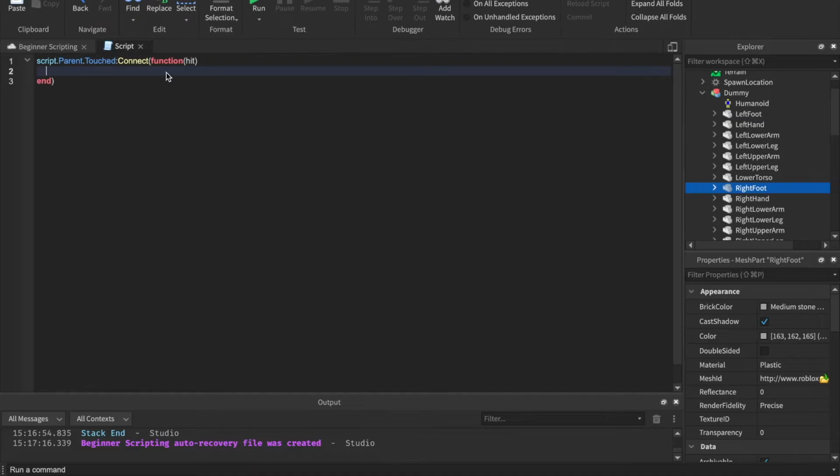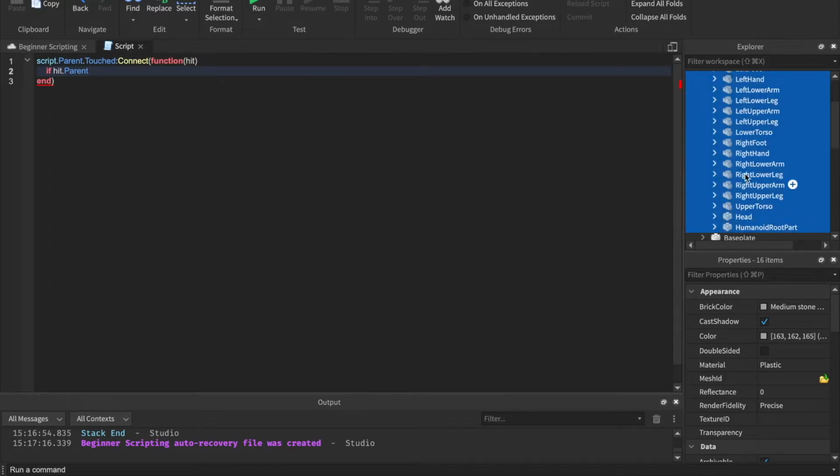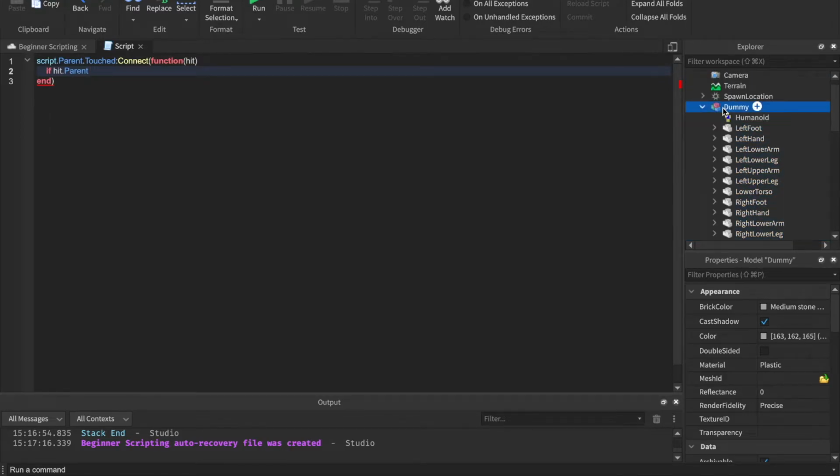So what we can do is we can say if hit.parent, so if the hit's parent, so if it's any body part, then we are saying if the character, right, the hit.parent, whatever just hit it, whatever it is inside of. So in this case, it would be the dummy. If hit.parent: